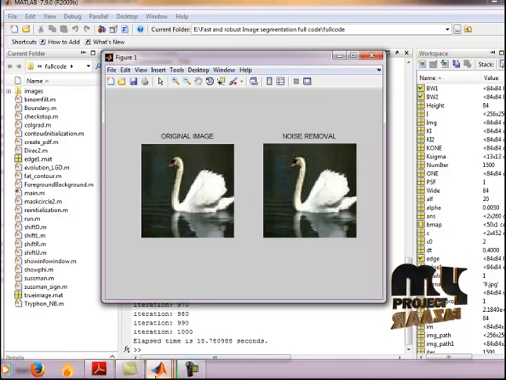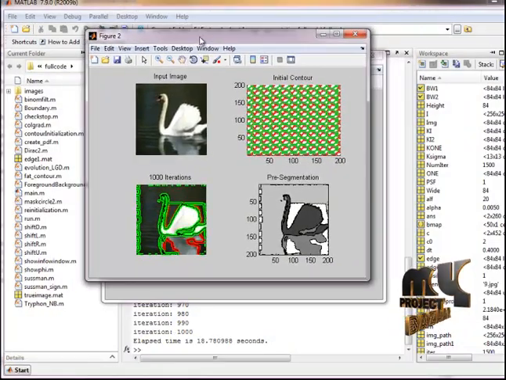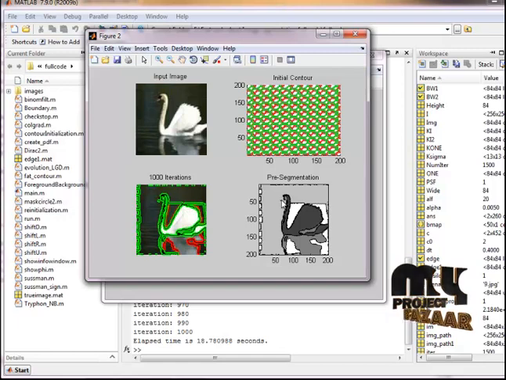Then the next one is this one, the input image. Then the initial contour for this method is the CV method, the sine inverse method. Then 10,000 iterations are processed for the pre-segmentation process. Then this CV method is very useful to generate at each and every